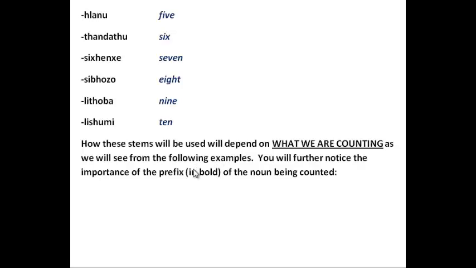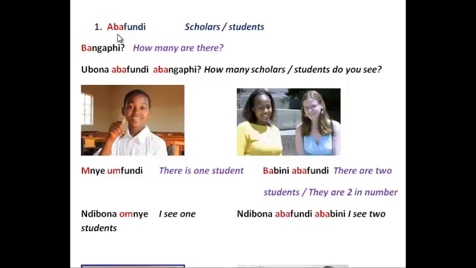But you will notice that every noun that we are counting has a prefix, a front part, which will be highlighted in bold, and you will see the importance of this prefix as we go through the various nouns that we are counting. So in the first instance, we are counting abafundi. We are counting students or scholars. And I want you to take careful note of how this aba is used, or how it features in all of the examples. So the first question then, bangapi